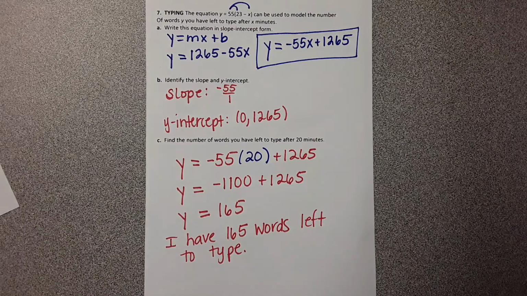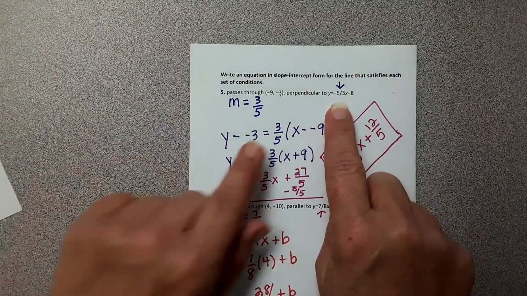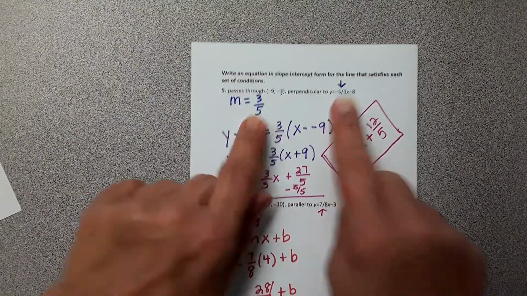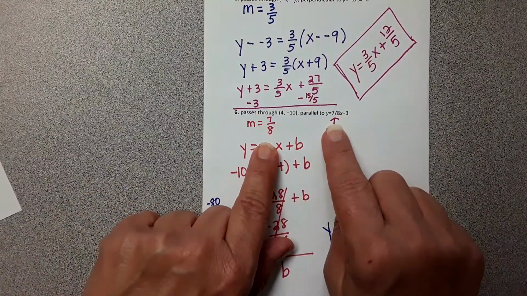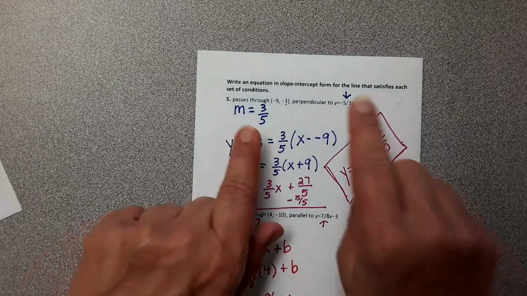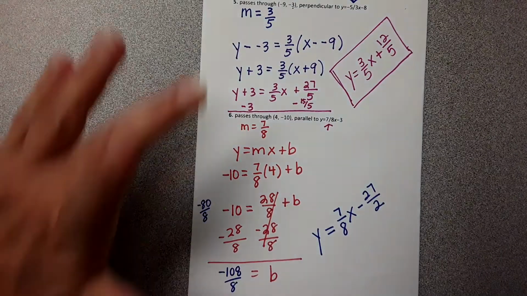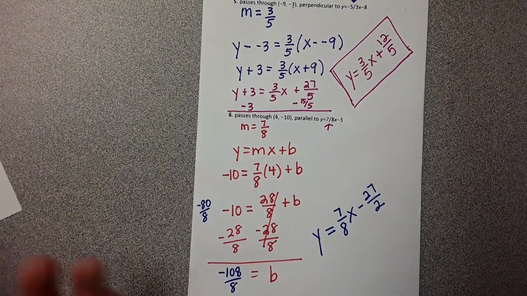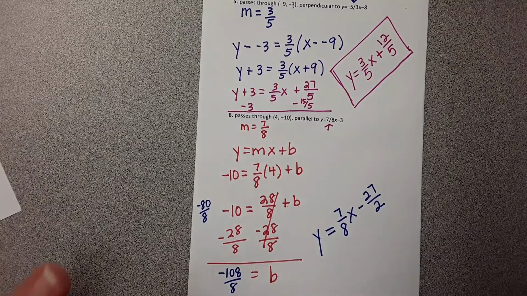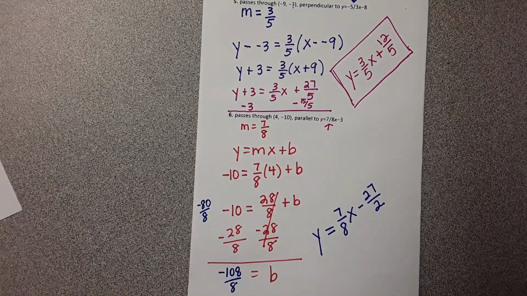Again, when you go to write in point slope form or slope intercept form, pick one way. Remember, perpendicular and parallel, all you're looking for is what type of slope you need. Do you need an opposite reciprocal or do you need the same? Here, I rewrote a new slope because these are perpendicular slopes. Here, these are parallel slopes, that's why they're the same. So again, perpendicular, opposite reciprocals; parallel, the same. Pick one method, either point slope form or slope intercept form, to find the final answer. If you have any questions, post it on